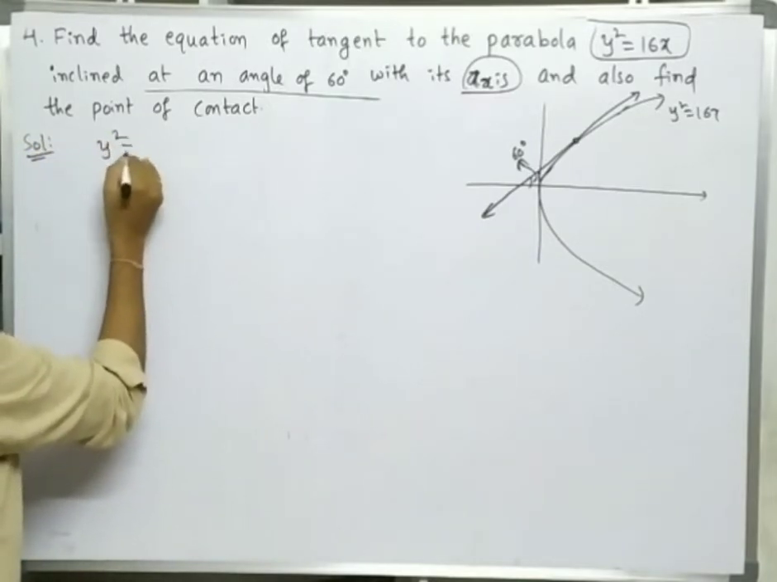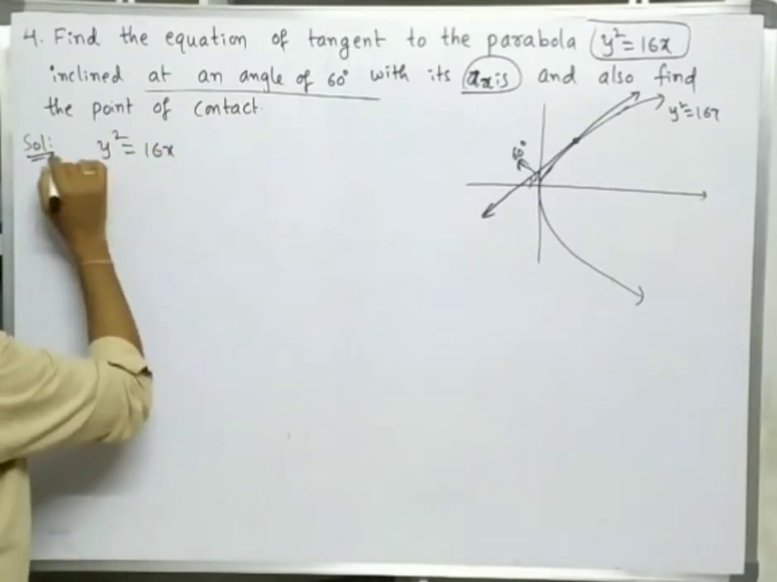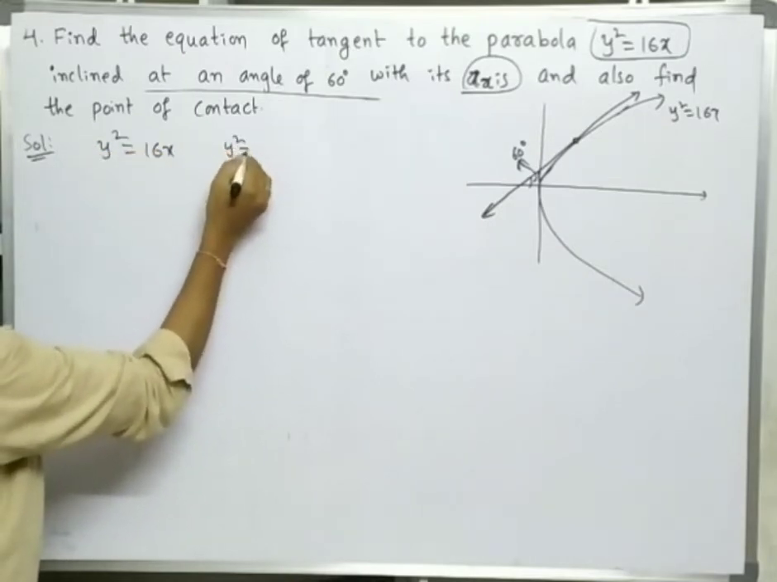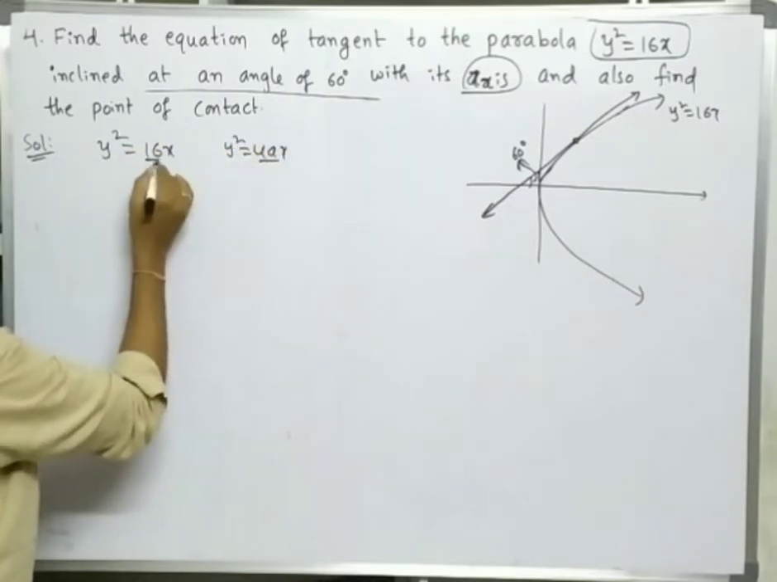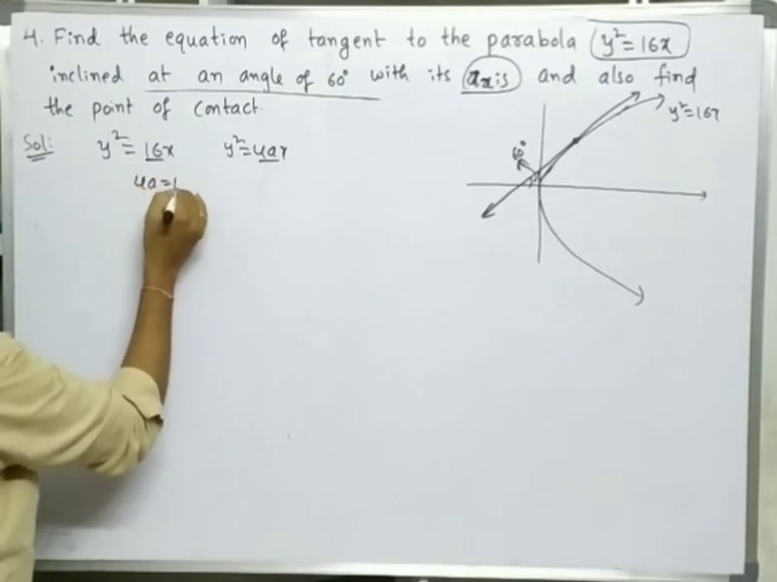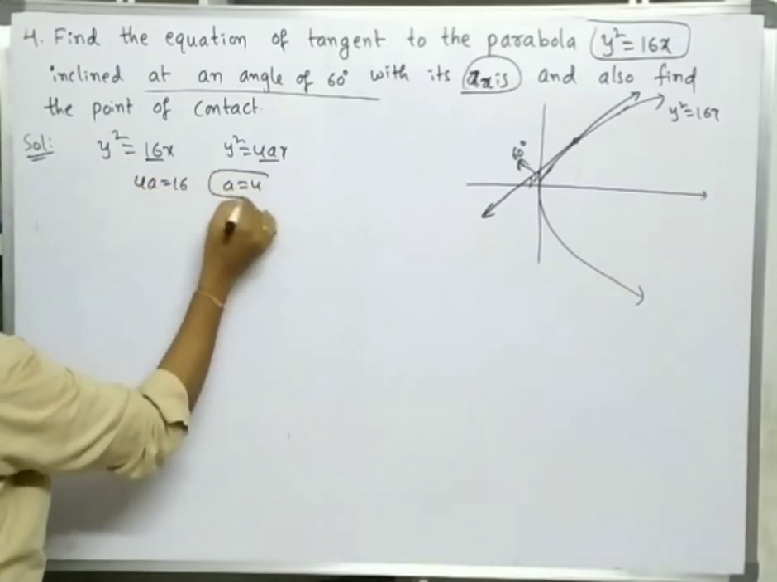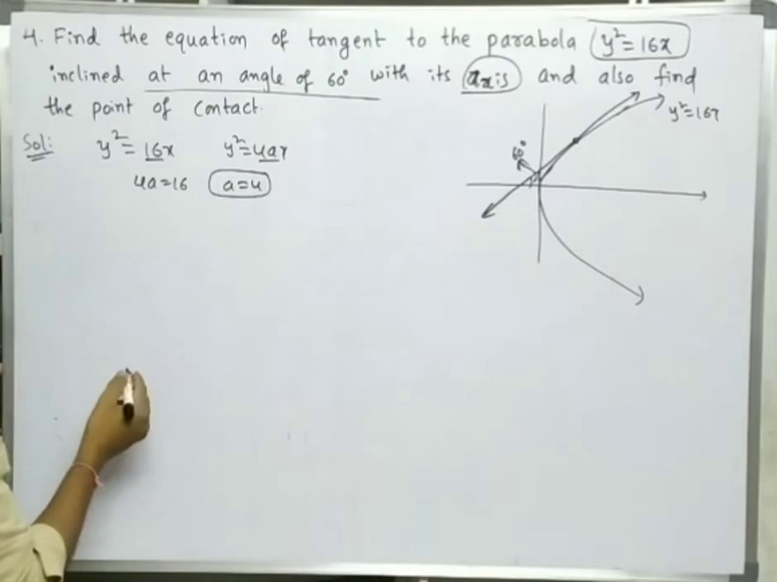So y square is equal to 16x, the given parabola. Compare with y square is equal to 4ax. 4a is equal to 16, then a is equal to what? 4. So here we got the value of a. Next,